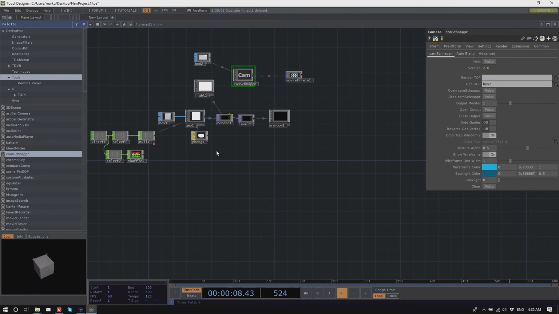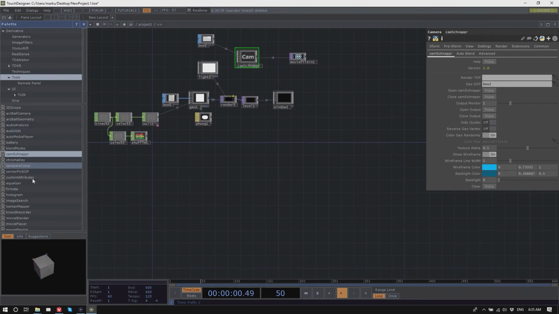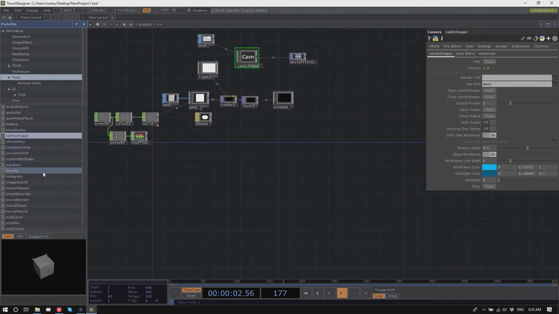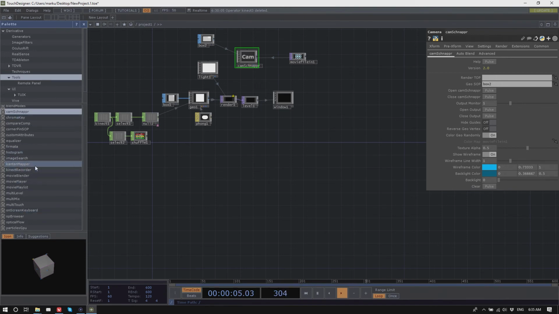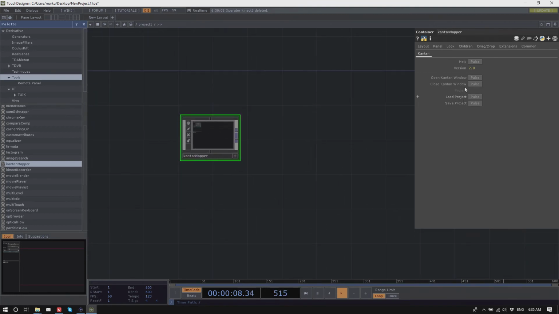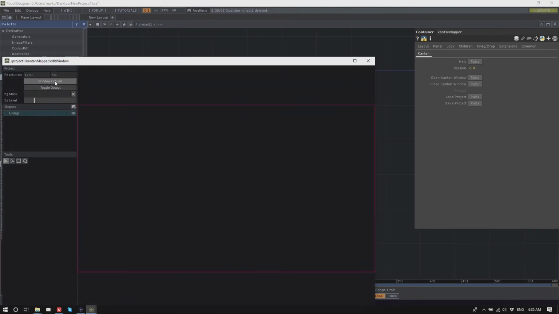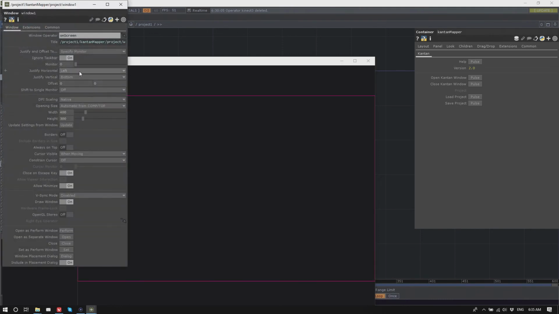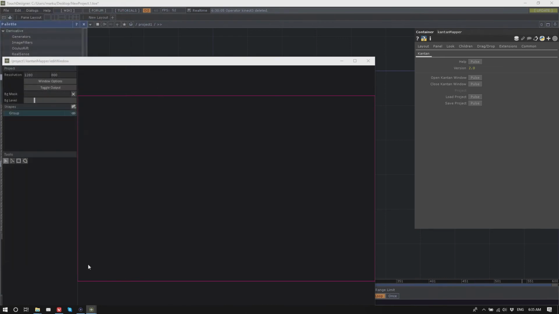Yeah, correct. And the third approach for mapping that can be used is basically this Kantan Mapper here that we looked at earlier already. The idea of this whole thing is that it opens as a separate window.